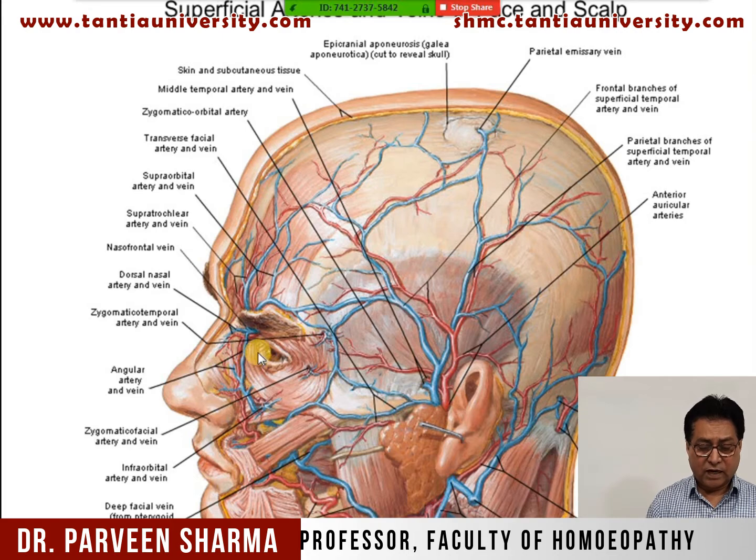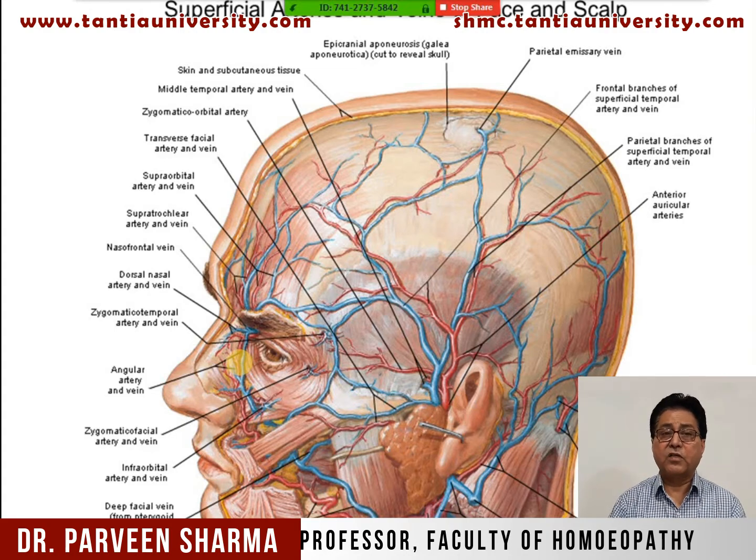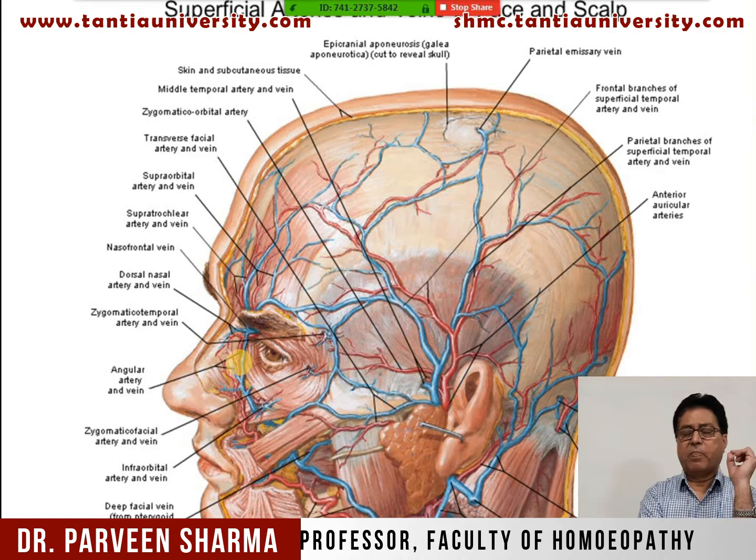But nature has given anastomosis, the other artery which is coming and joining this branch, it can continue, it can compensate. So that is the plus point of anastomosis of this. So this is about the facial artery. So once again, facial artery is a branch of external carotid artery.